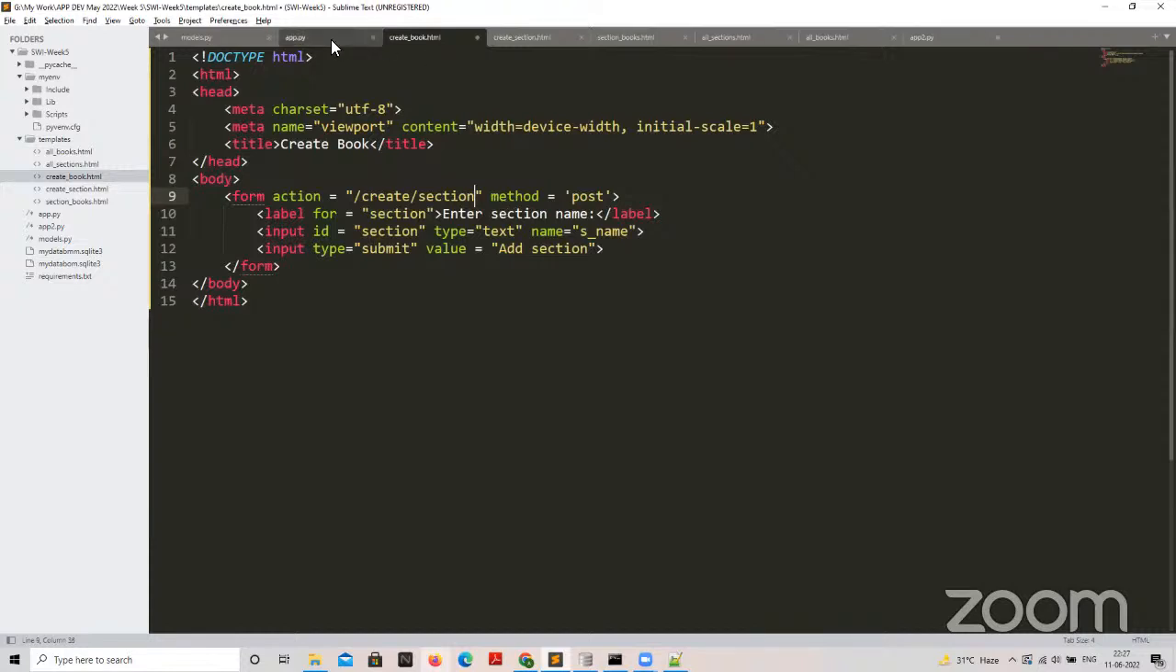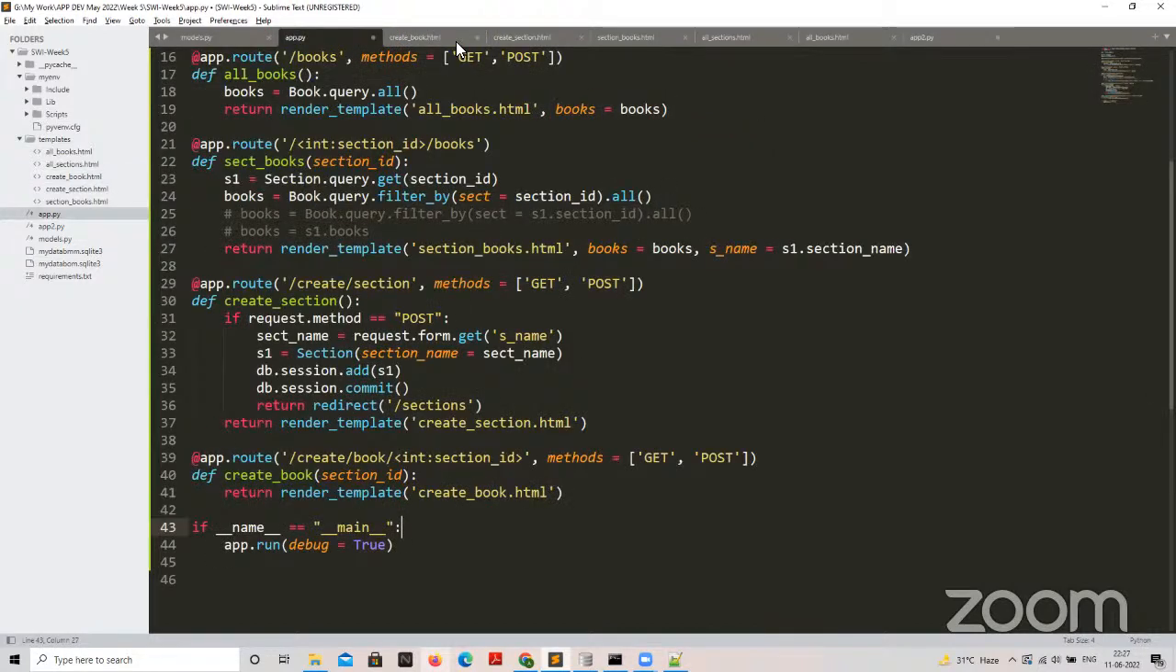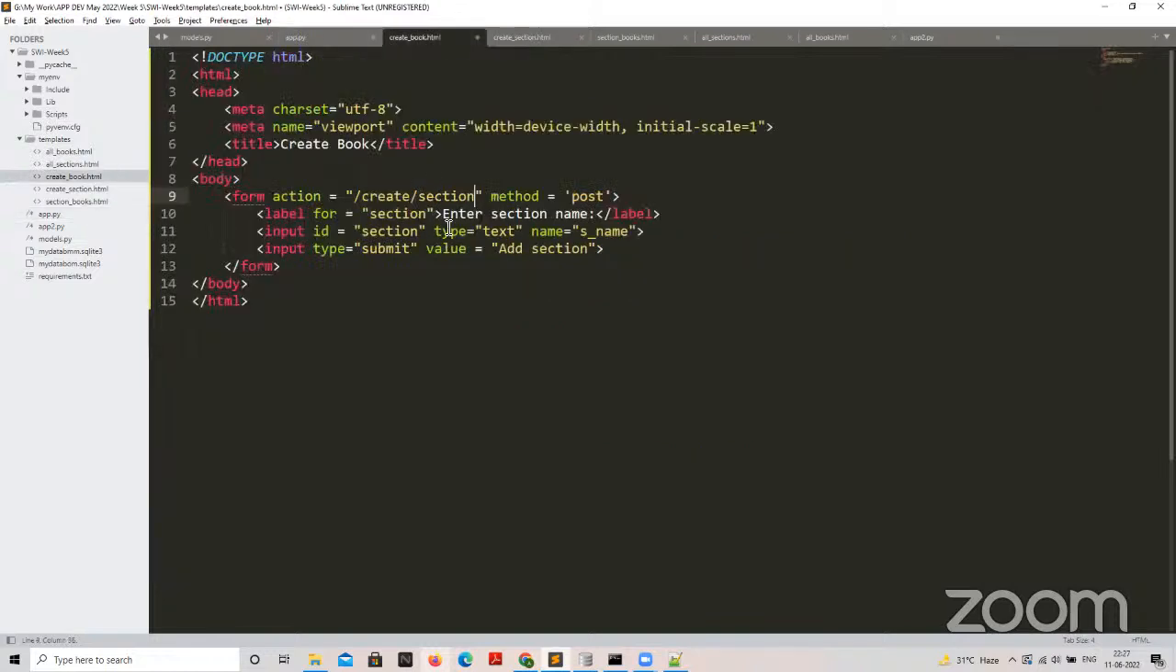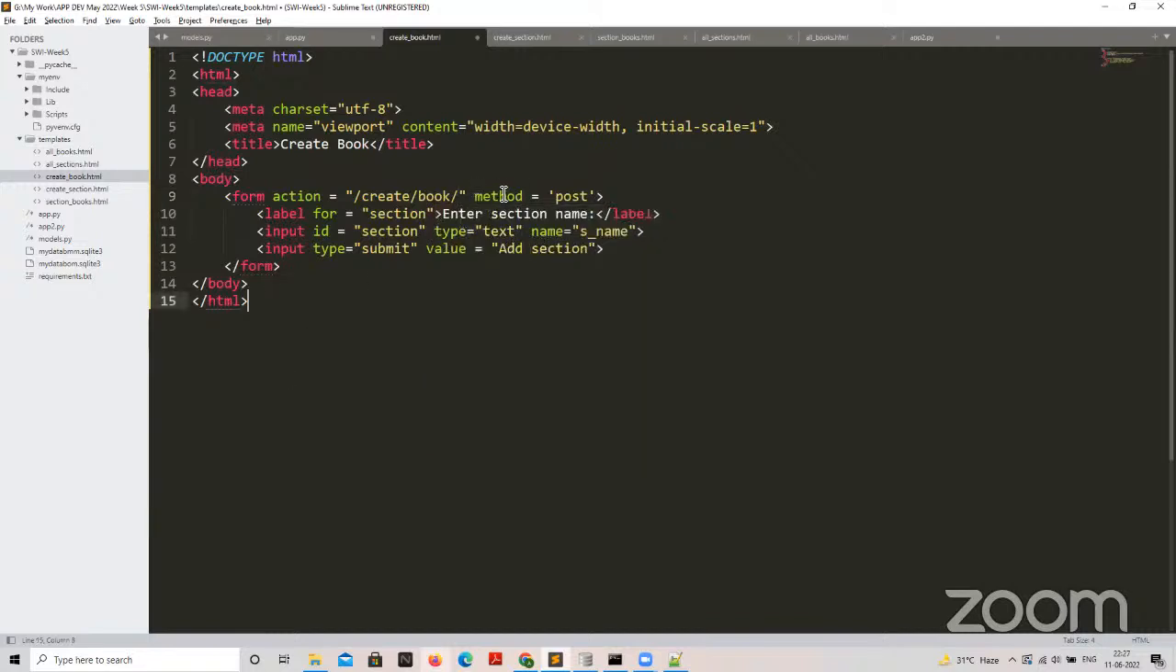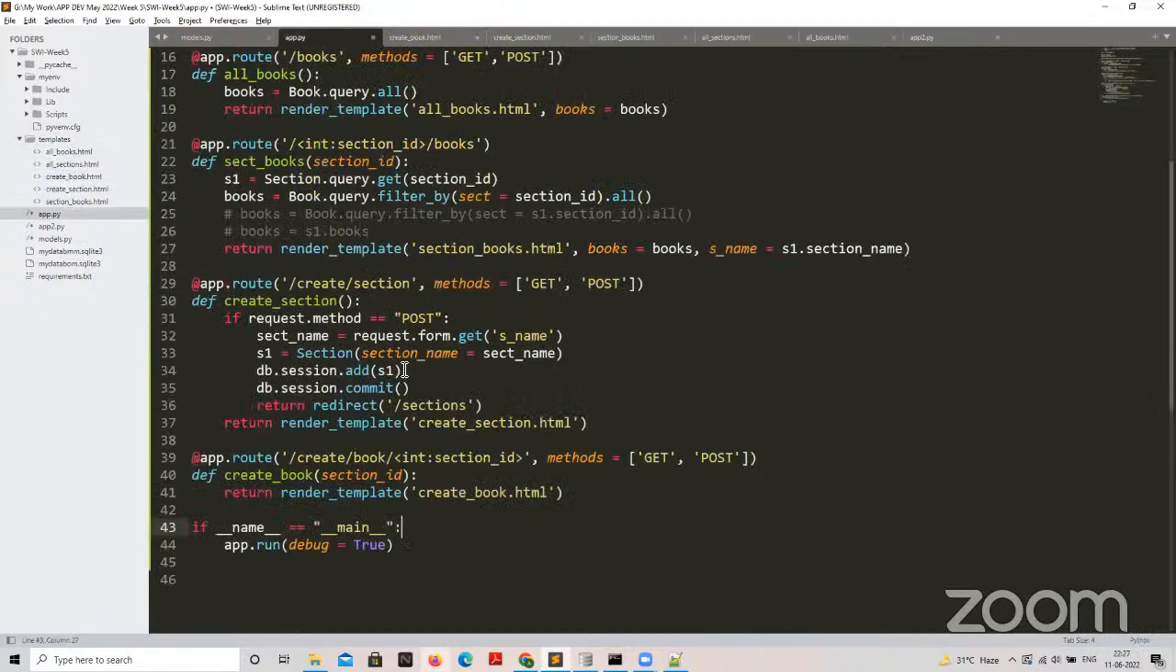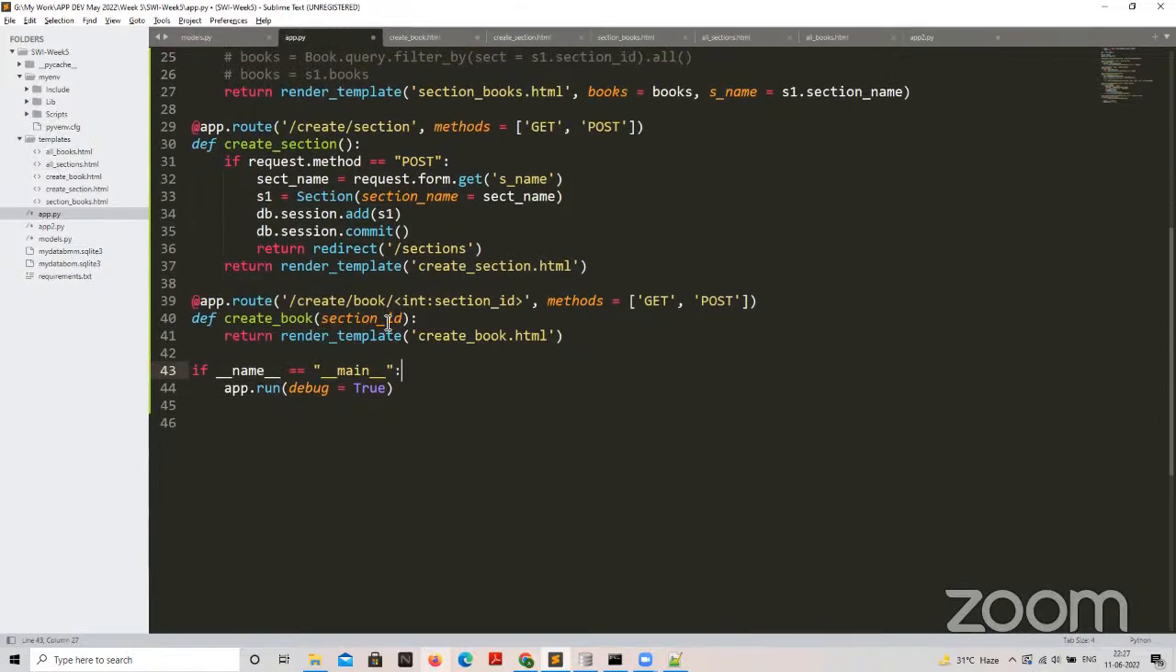All right, so what is the URL we're taking care of now? Create book integer section ID. Yeah, create book, and then we need the section ID. But the thing is, this is HTML, right? And in HTML we use Jinja. So we'll have to pass some variable here. Let's see what we have to pass here. So in create book, this is the HTML we are taking care of, and then we can go back to app.py